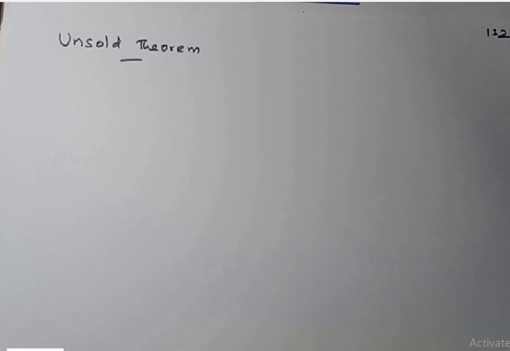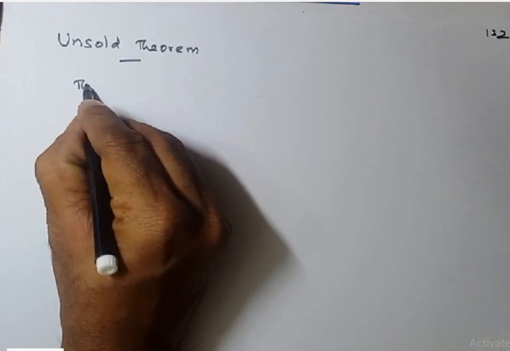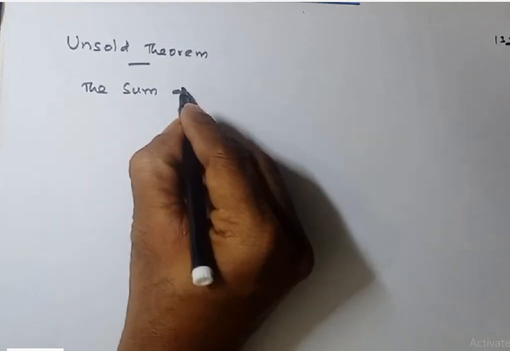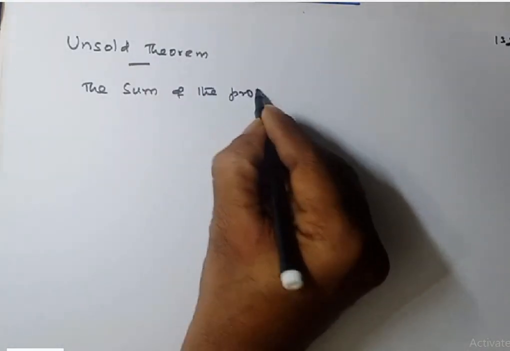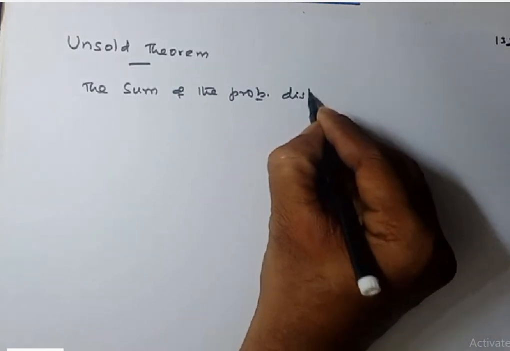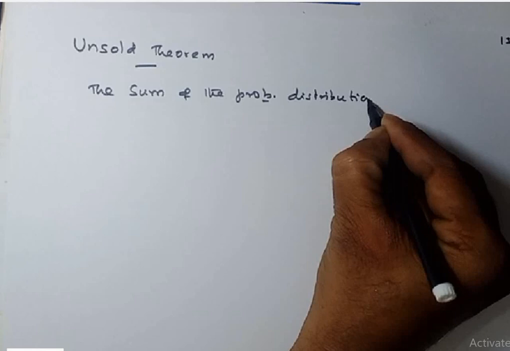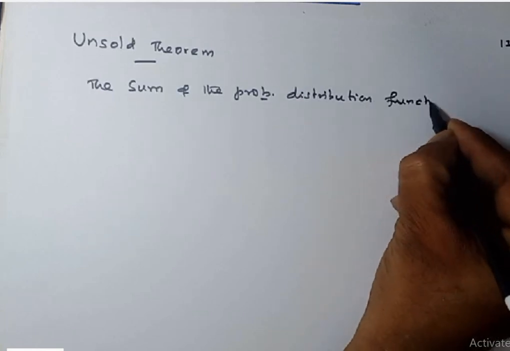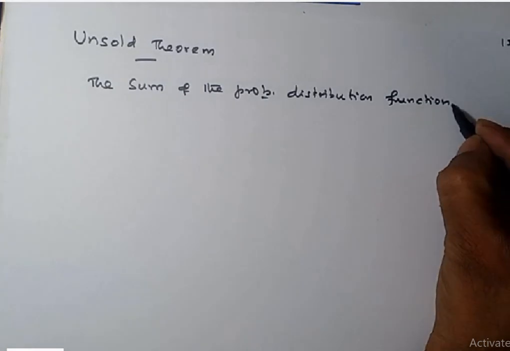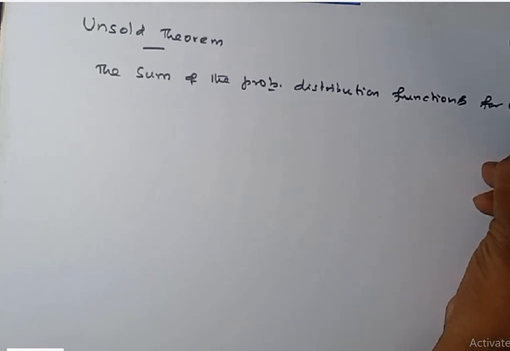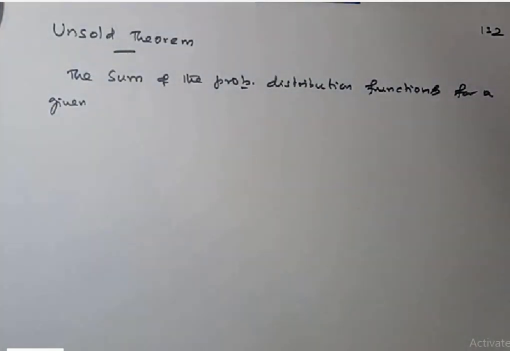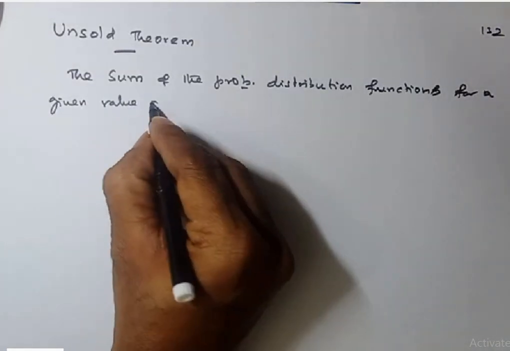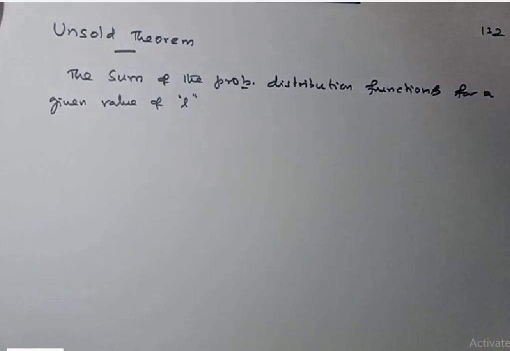Listen, what this theorem states is that the sum of probability distribution functions, for a given value of L, where L is nothing but the azimuthal quantum number,